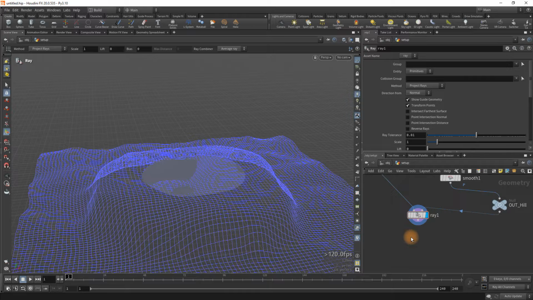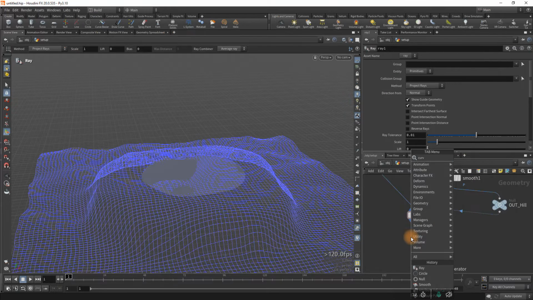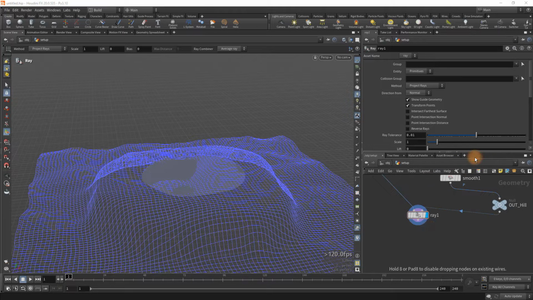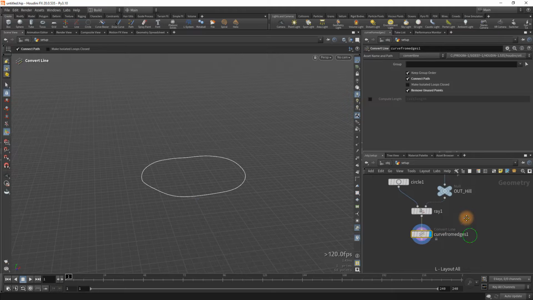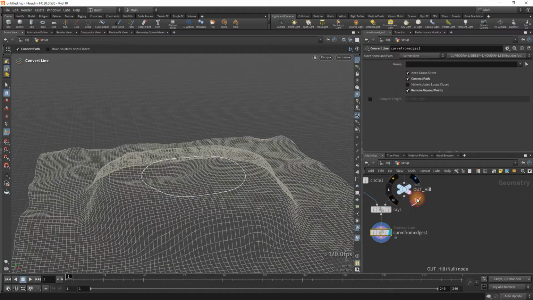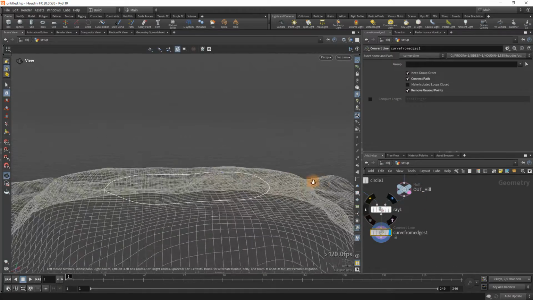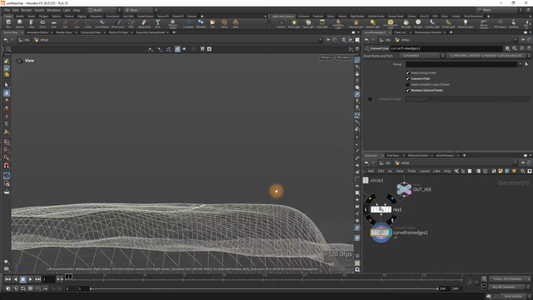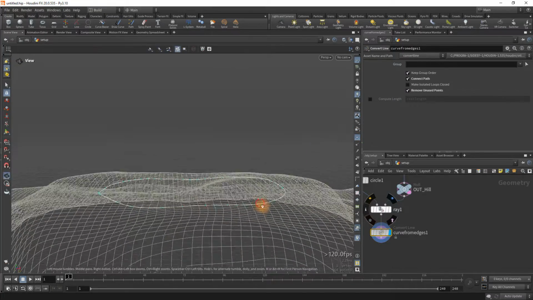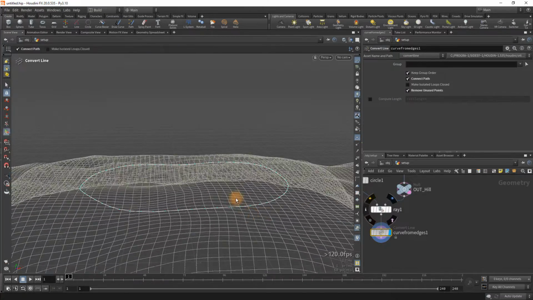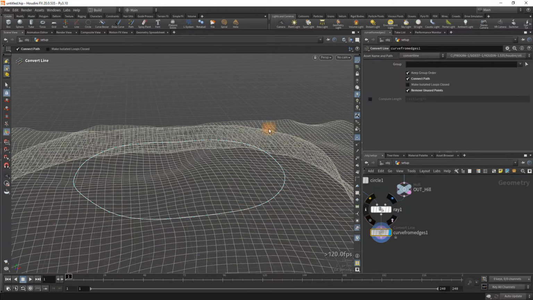So the way we can do that is grab a curve from edges node, which we conveniently have in Houdini, and it's a one-stop shop kind of action there, which is fantastic. Just go ahead and template that so we can see what's going on. And now we have this curve that's following our terrain, which is great. Now this has points on it. If you can see those, there's little blue dots all around that curve,